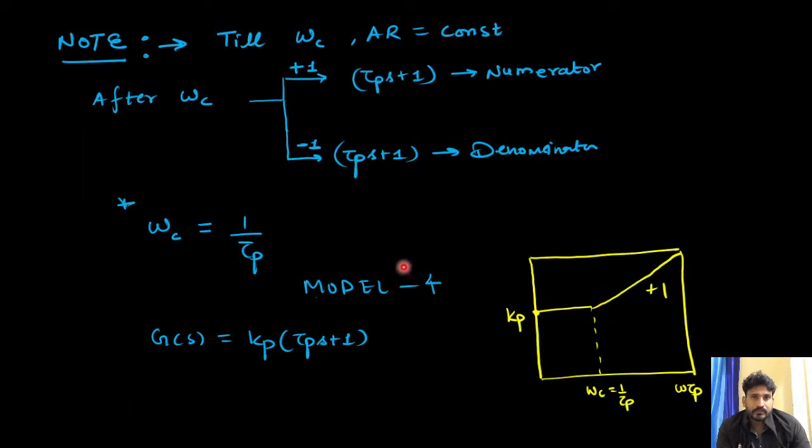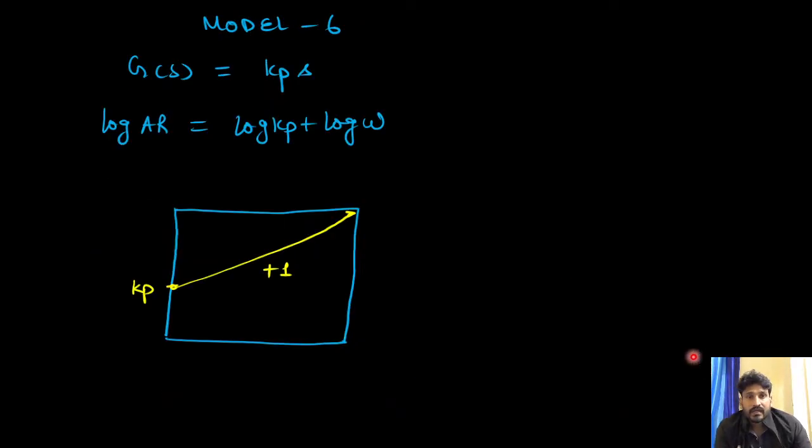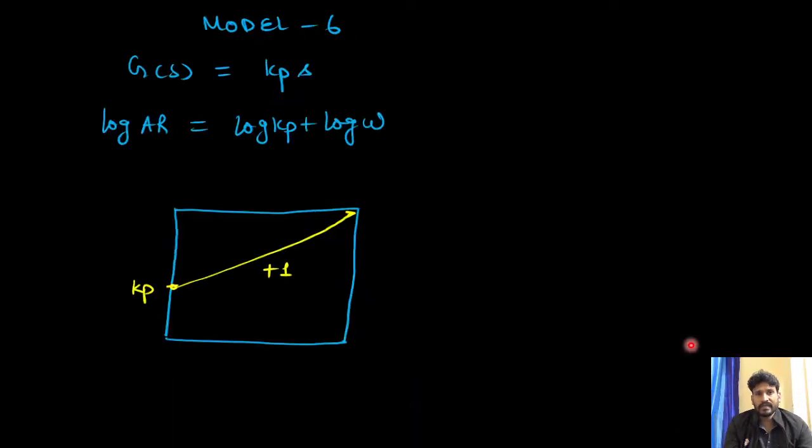That's it. Okay, if this is the kind of transfer function kp over s, then this is basically going with the -1 slope from the AR itself. From here itself it will go downward, right? Is it clear to you? And similarly, it is the same thing, if you can see s in the denominator, then it is going downward. If up, let it go up; if down, let it come down. Very simple to remember. Here it is in the numerator, right, we can divide by 1, kps divided by 1,